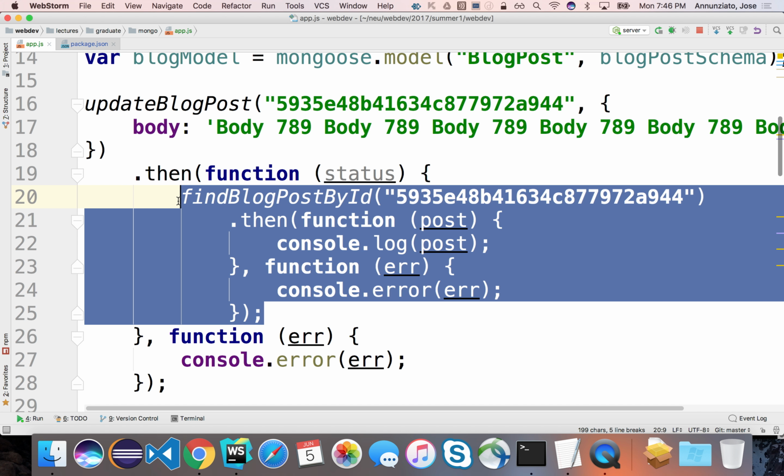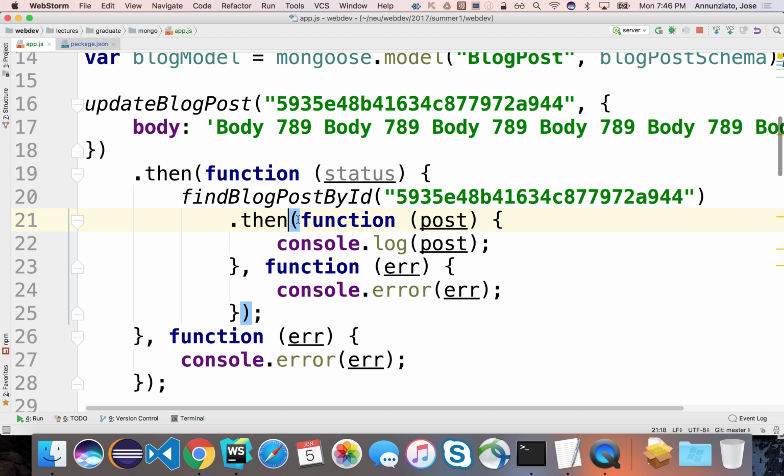Yes? So we're nesting these things, and we're complicating it a little bit here, because notice that whenever we need to synchronize asynchronous communication, we're going to have to do something like this, where one is nested inside of the other. And that's going to create code that becomes harder and harder to read. So